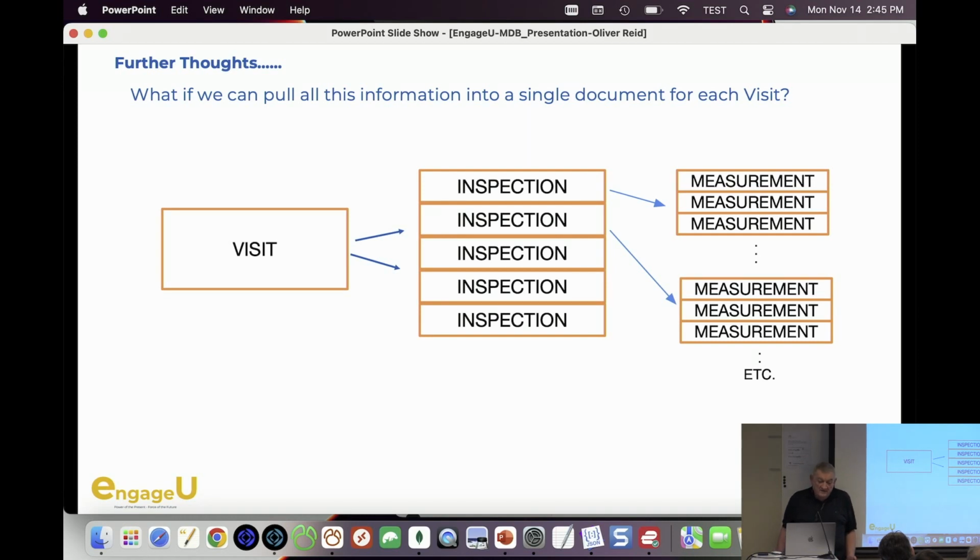What if we could pull all this information into a single document? It's a bit more complicated than this because there's information about the equipment you're going to need on the spot. So you probably need the equipment table or an equipment level in here, and then the inspections for each equipment, and so on and so on. But if you had a document that you could load before the visit in basically one record, everything I need in the field is available loading one record,